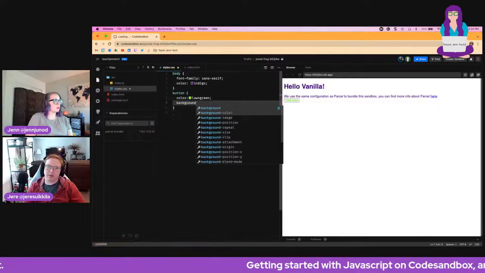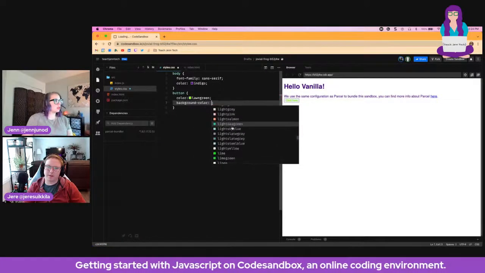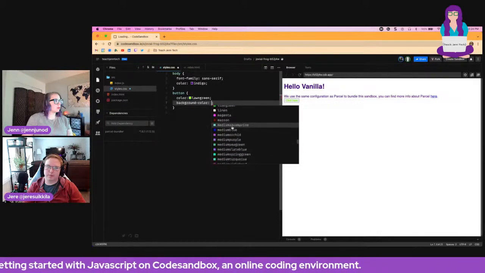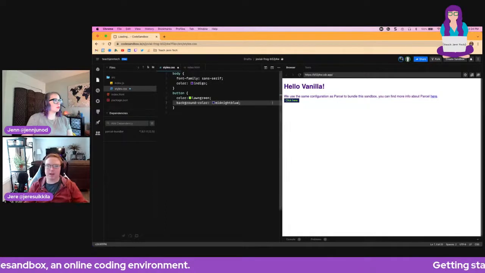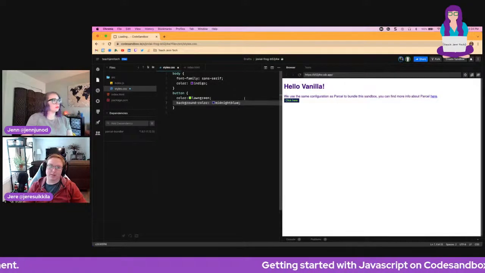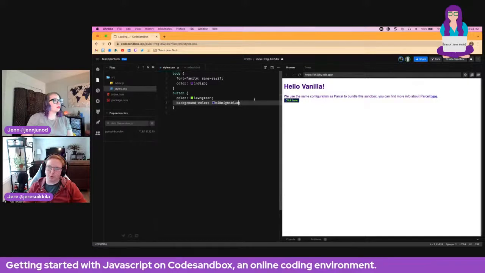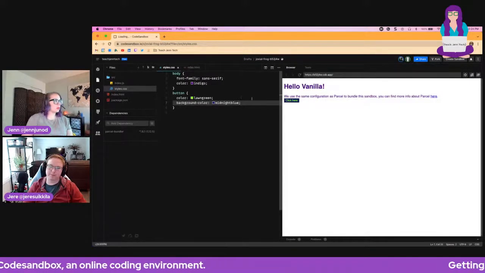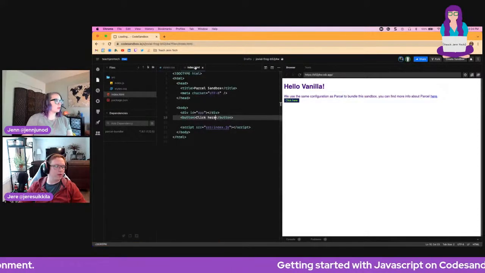Maybe this is dark. I like how this one helps you guess them. Yeah, it knows what the valid values are in many places in your code, and then suggests those valid values for you. It helps you get started a lot faster. You don't have to be Googling what the valid values or options would be in many situations. This is so cool. And you can click back and forth up here too.